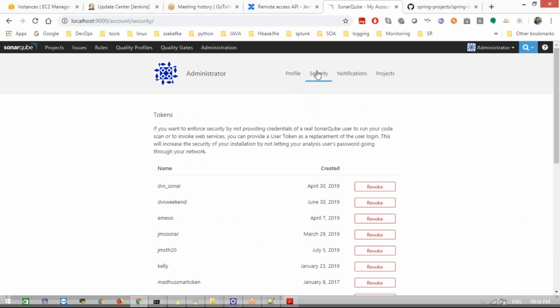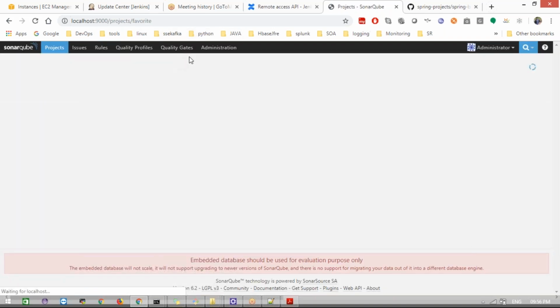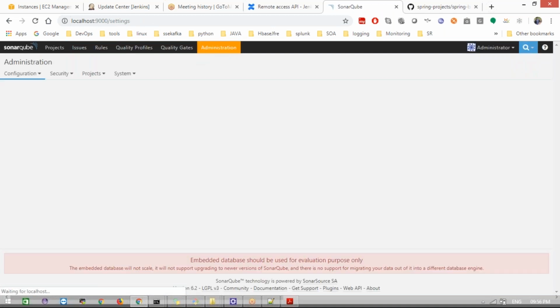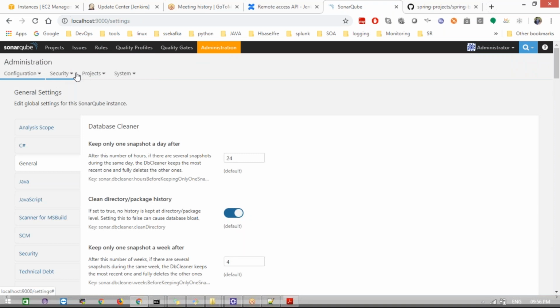Now let's check that. Go to the administration tab and go to security. Remember, not this administration tab but this one.